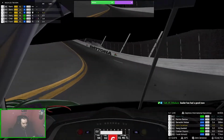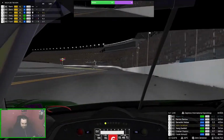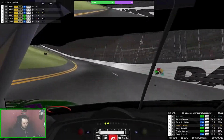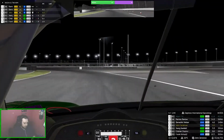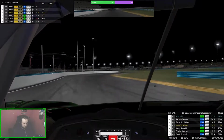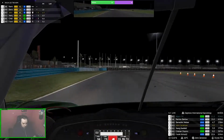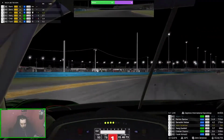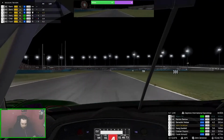Got 10 minutes of fuel remaining. You've just done a 146.74. That's 5 minutes to go. Come on, keep it together. We'll be on the podium here. Until